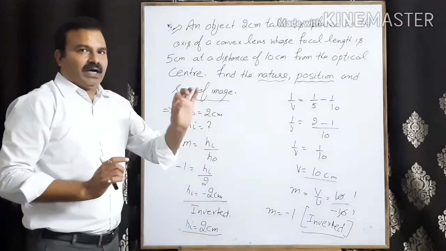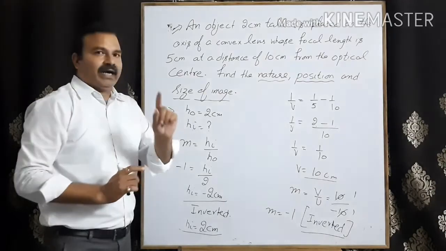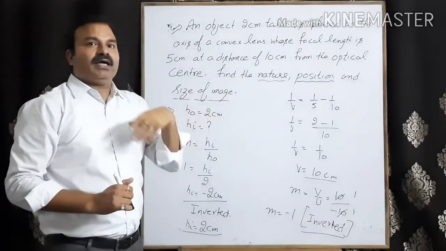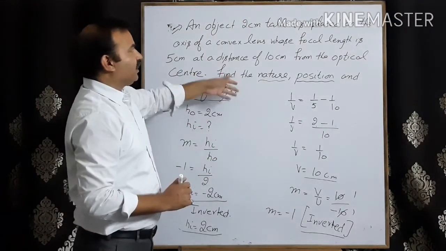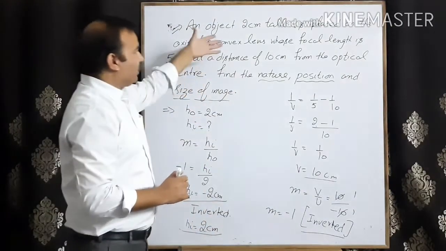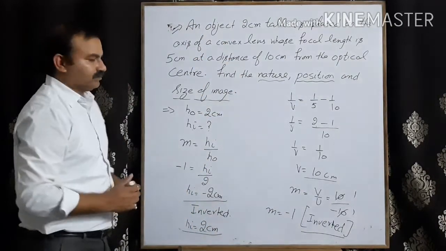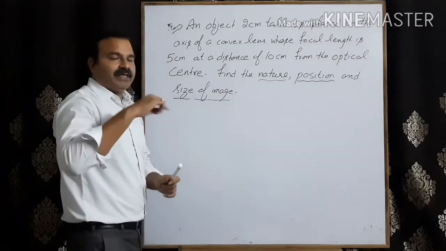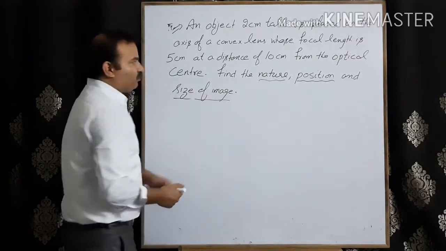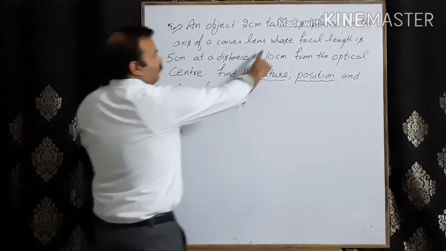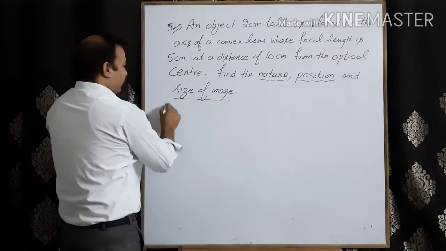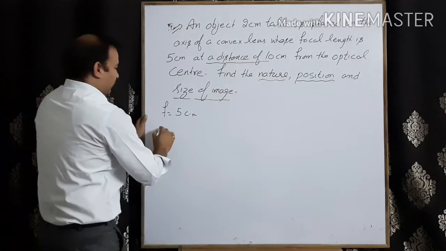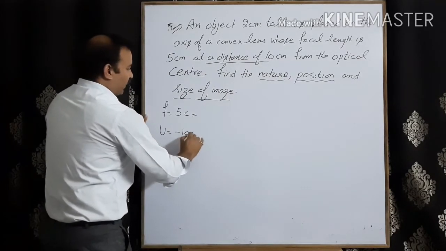Now one more thing you remember, that I told you about the table of the convex lens. Now for the rough work, I will try to make you understand where and what type of image is formed by the given information. I am going to tell you with the help of a ray diagram, a rough way, so that it will be easy for you to find out the nature and the position. Now see, the focal length given is 5 centimeter. It means F is 5 centimeter. And the object is kept at a distance of 10 centimeter, that is u is equal to minus 10.